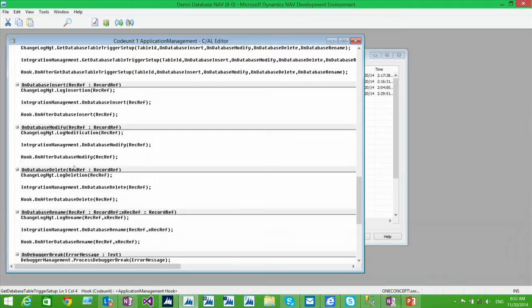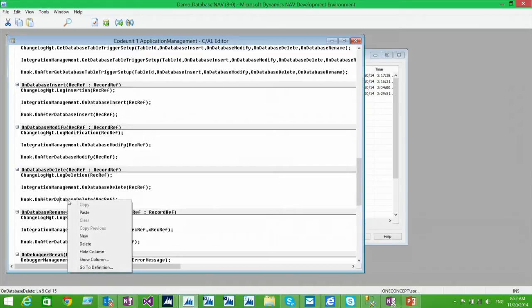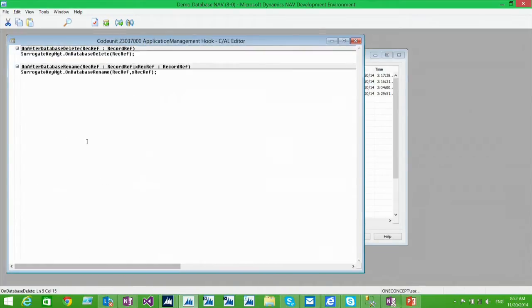And the one I'm most interested in, in this case, is my delete. So I have my surrogate key management, which calls my delete function and makes sure that my comments are getting deleted if I delete the record. But I only need to do this one place. For the rest, I don't care which record I'm working on across the system.